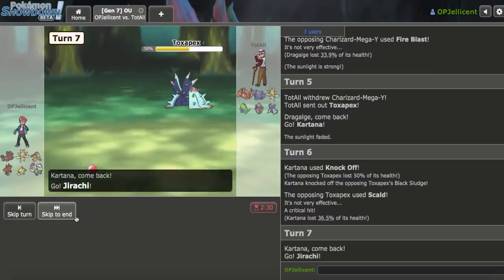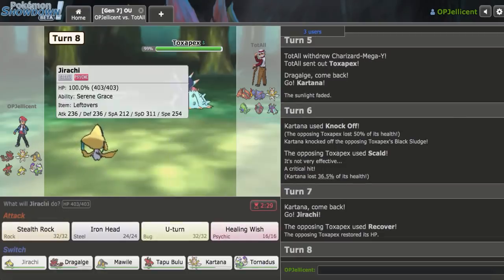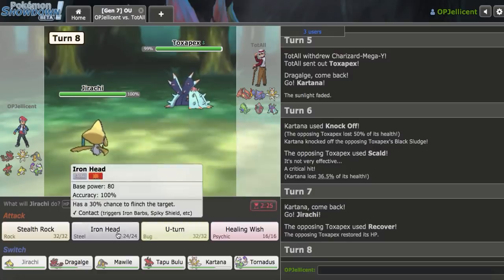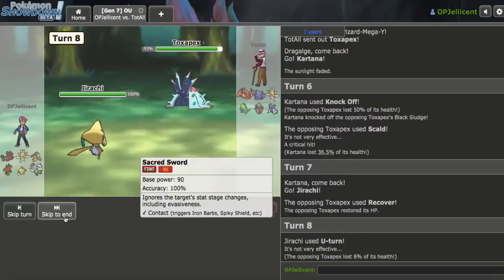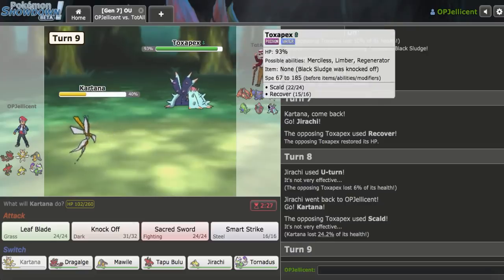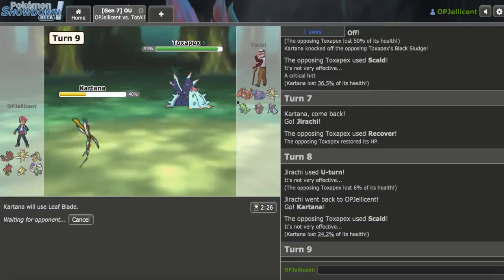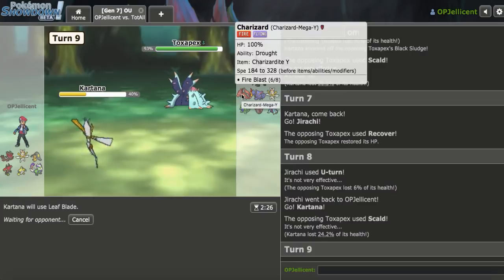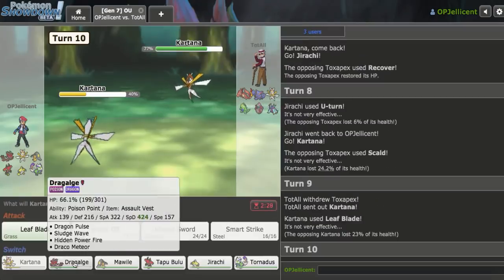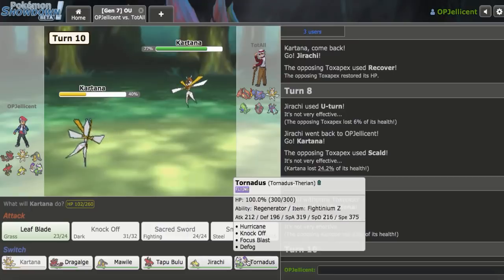Let's go Jirachi here, as they recover up. And then I think what I want to do is just go right for the U-turn. Back to Kartana on the Toxic Spikes. They straight up Scalded again. Okay, well they know I'm banded here, which is tough. Let's go for the Leaf Blade. I don't think you go hard Charizard. Kartana comes in, takes a bit, as what I can do against Kartana is just go here into my...